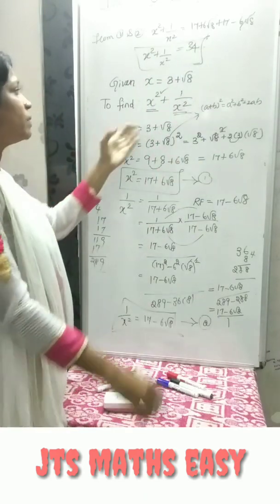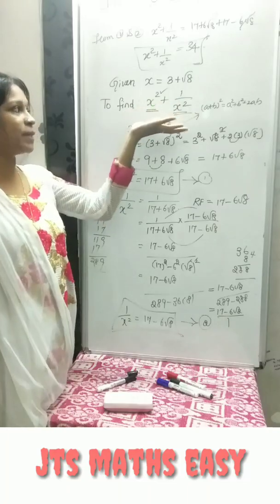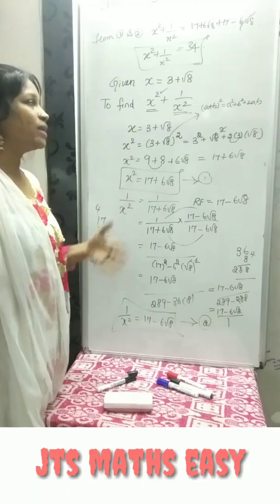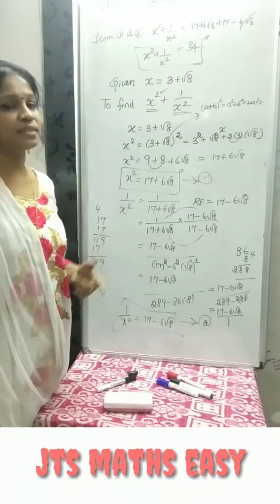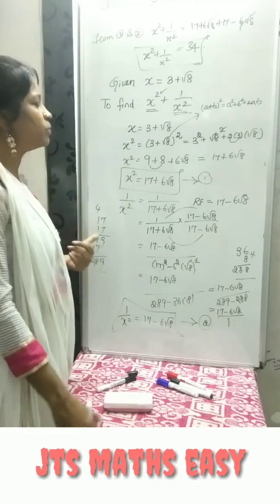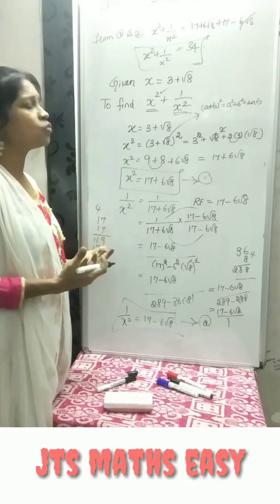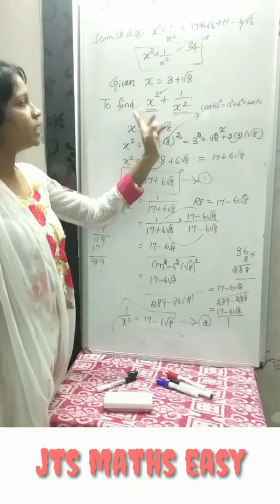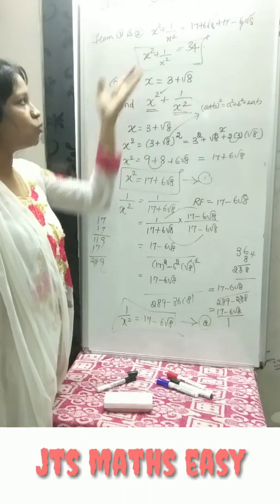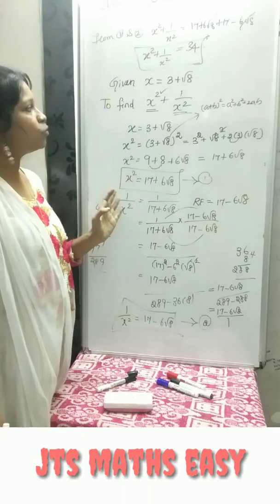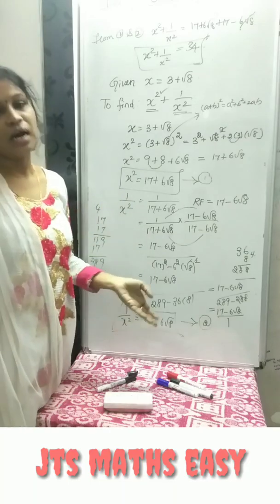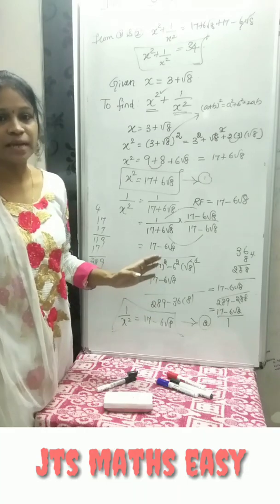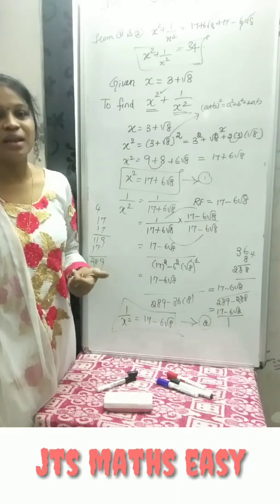If a problem is given to find this particular expression, this is one of the ways you can do it, or else you can apply the identity. That is also another way to solve the problem, because any problem can be solved in many ways. This is one of the ways. You find term by term, then you can add them. I hope this is the simplest way to find the answer. Okay children, I hope you understand this short concept. All the best, do well and study well.